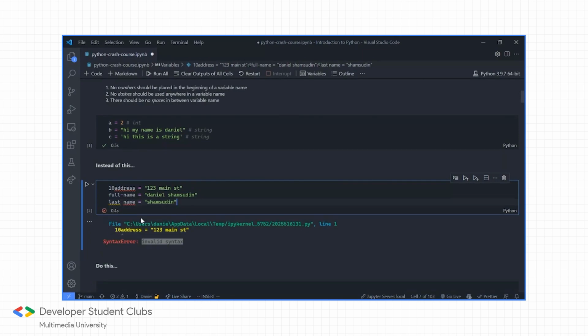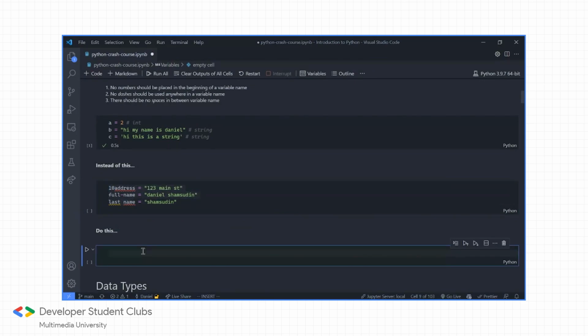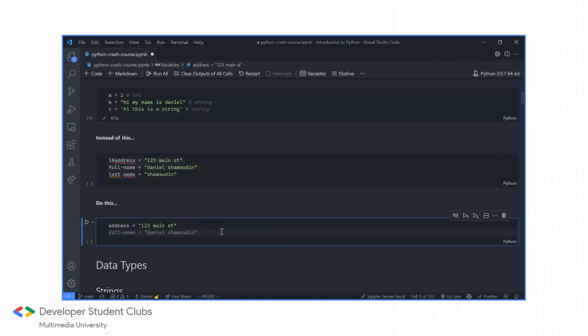So instead of naming your variable like this, how you can fix this is by firstly not having the number in the beginning. Address equals to 123 Main Street. And instead of full dash name, what you can do is write it full underscore